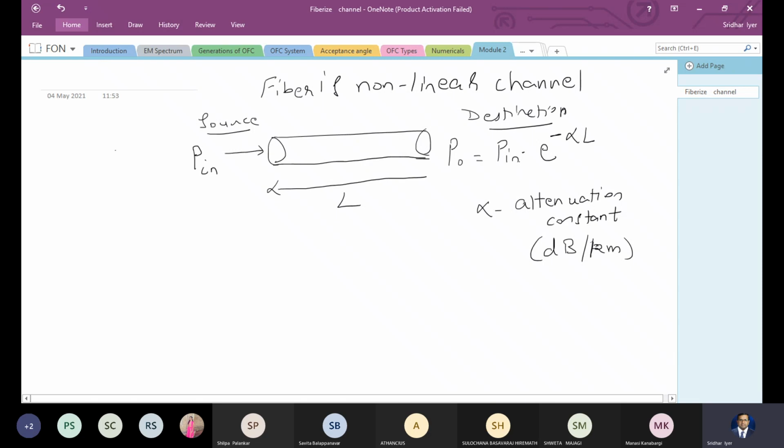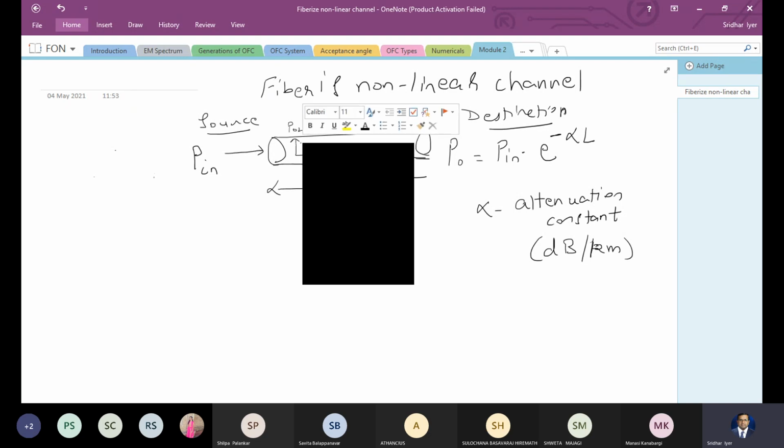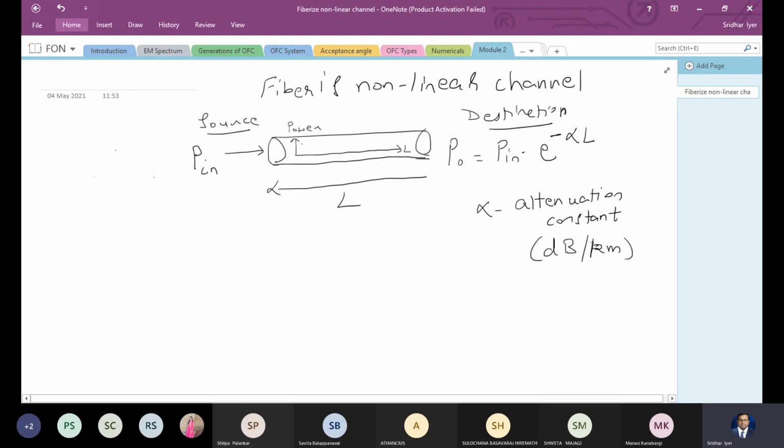In the power as you move from the source towards the destination. So if I want to diagrammatically represent this within the fiber, this is what is going to happen. If I make a graph inside the fiber, where the x-axis will obviously be the length and the y-axis is the power, then at the source end you get the highest power, and with distance this power will start to reduce. So this is what is happening to the power.